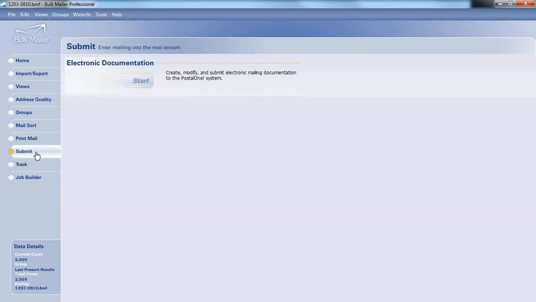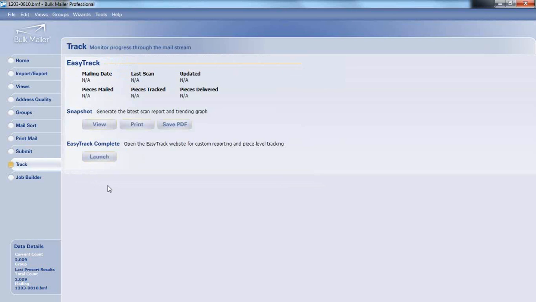The next portion of bulk mailer is this submit section here. This is where I could submit my mailings directly to the Postal One service within bulk mailer. I mentioned Mail.dat earlier. However, bulk mailer also has the option to submit Mail.XML files, and they're generated with our eDoc add-on as well. So when you get your software, you have the option of both, either your Mail.dat or your Mail.XML,